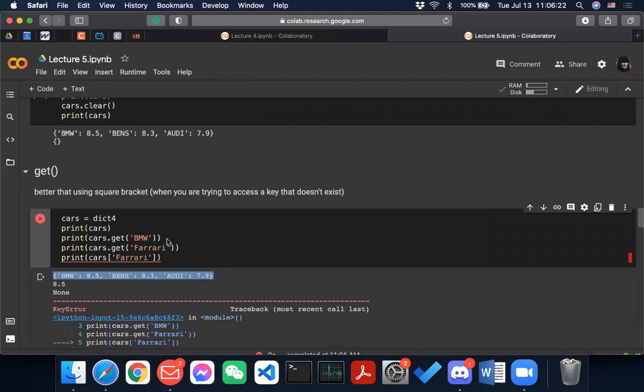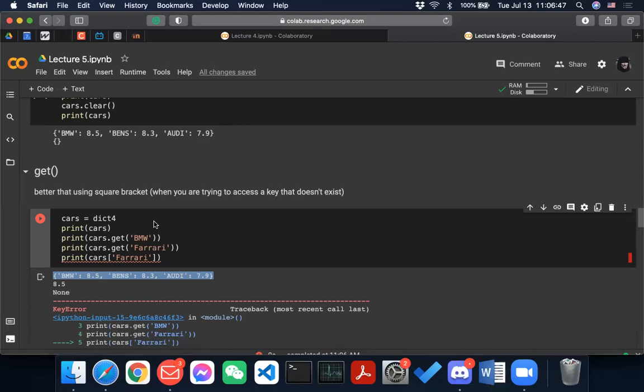So this is the dictionary right now, and then you can do cars.get('BMW'), and BMW is 8.5. Cars.get('Ferrari'), right? You might actually want a Ferrari someday in your house, right?